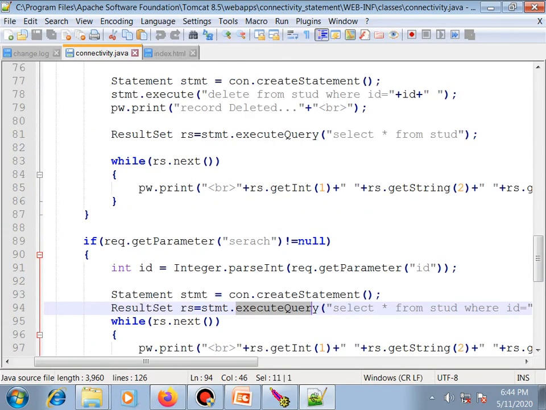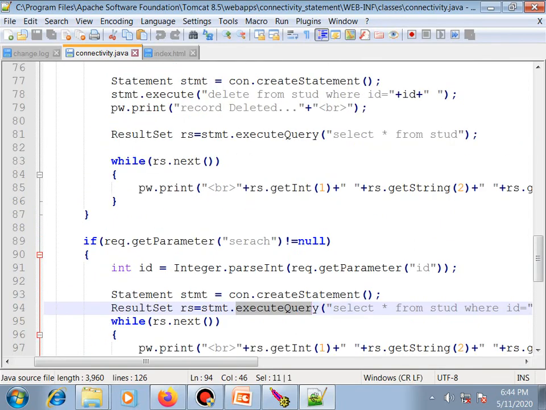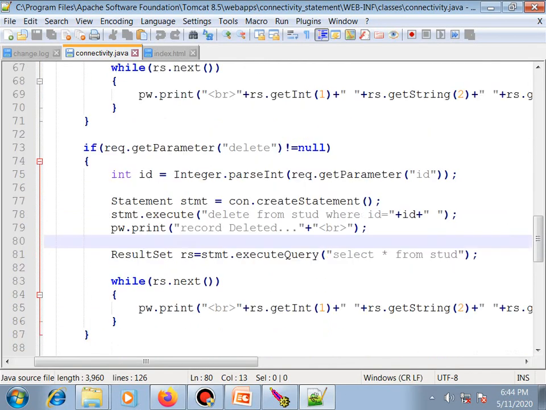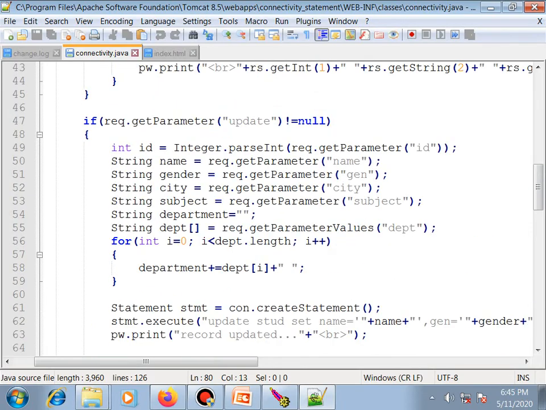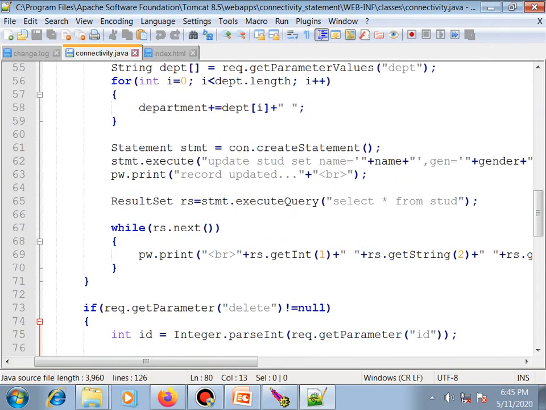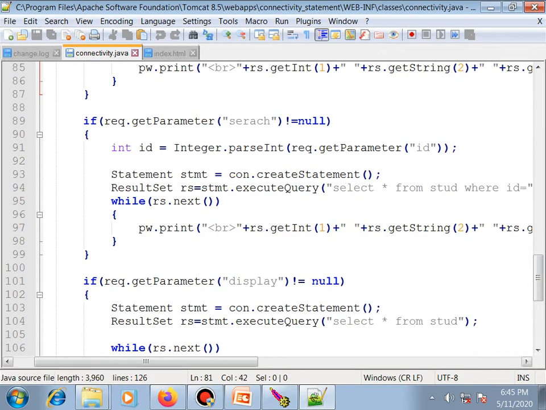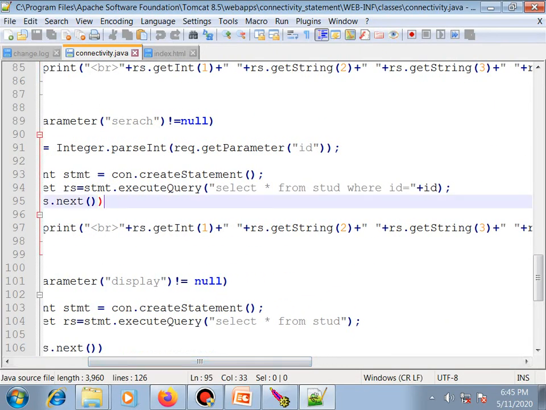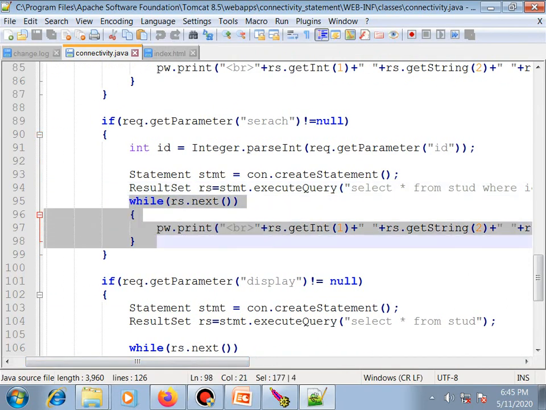As you can see, for executing a select statement, executeQuery is used, and for inserting a record we use execute. Okay, so let's check how we can search our data. For searching, we write select star from stud where ID is equal to ID, and for displaying we use the while loop.